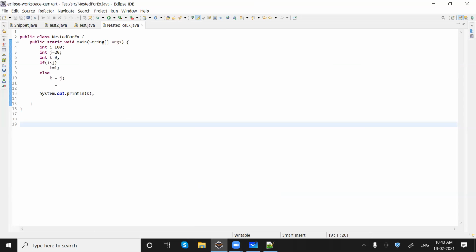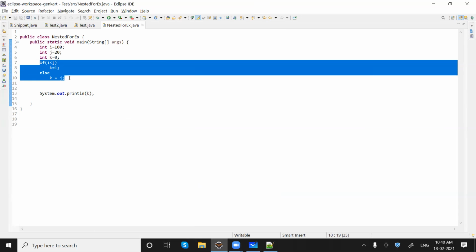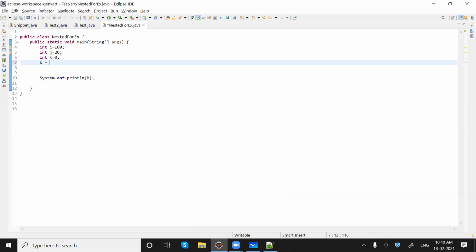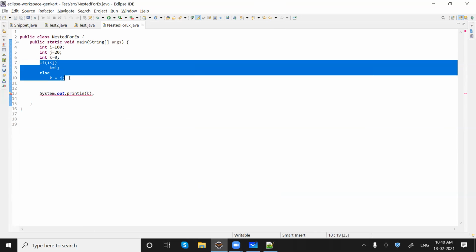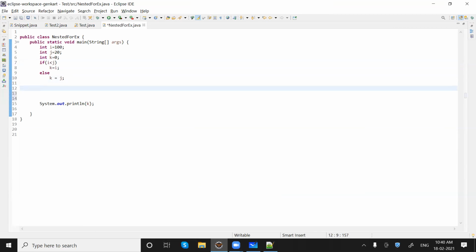Right now, a similar thing can be written like this, let me just remove this. k equals the condition we were doing in the if. Whatever the condition we are having will be written here: k equals the condition, question mark, the true part.